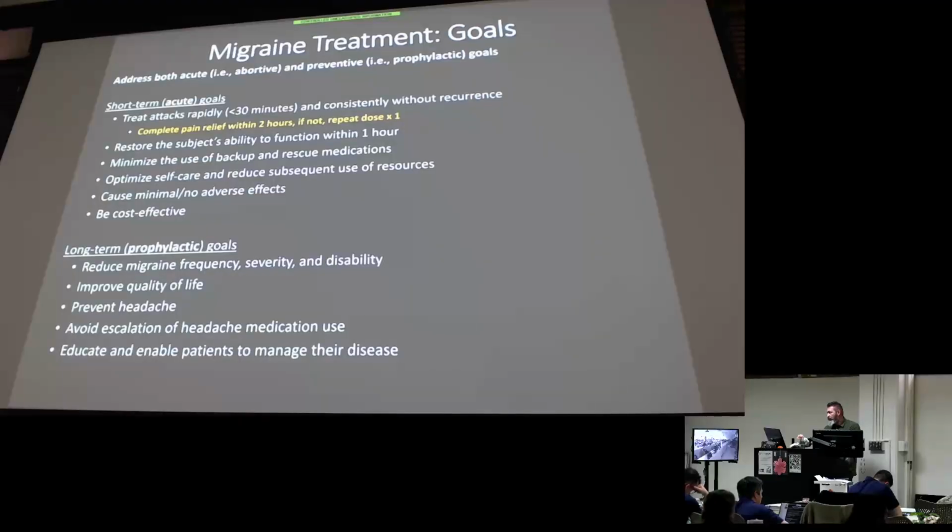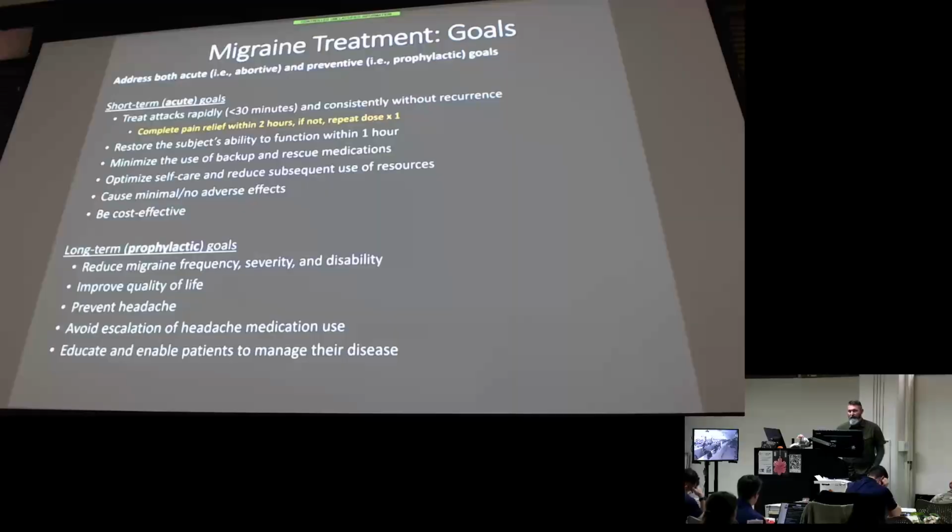And often when we use targeted medications like the triptans for migraines, we can talk about, hey, when do we repeat the dose? 2 doses max, but some we can repeat in as little as an hour, some in 2 hours, a couple in 4 hours. But we want to get maximum pain relief as quickly as possible based on what agent we're using. And we want to use medications that have the lower side effect profiles. So common sense, right? Do the best for the patient with the least amount of adverse effects. And we want it to be affordable.